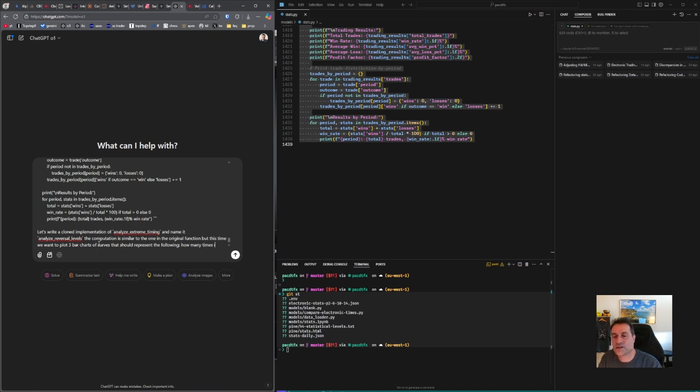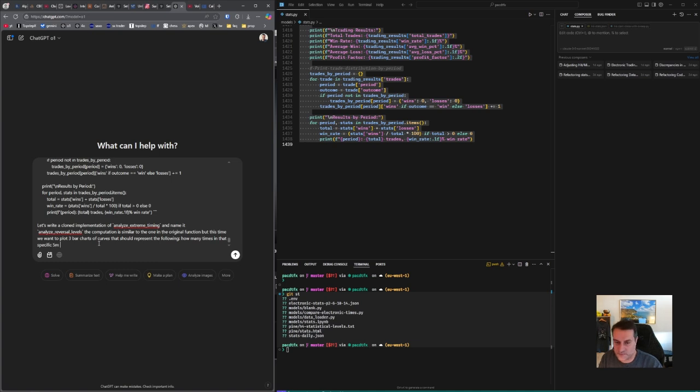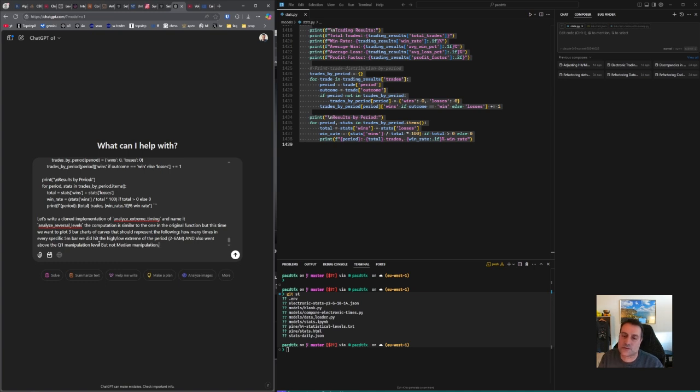How many times in that specific 5-minute bar, in every specific 5-minute bar, did we hit the high or low extreme of the period, and also went above the Q1 manipulation level, but not the median manipulation. Another line should be